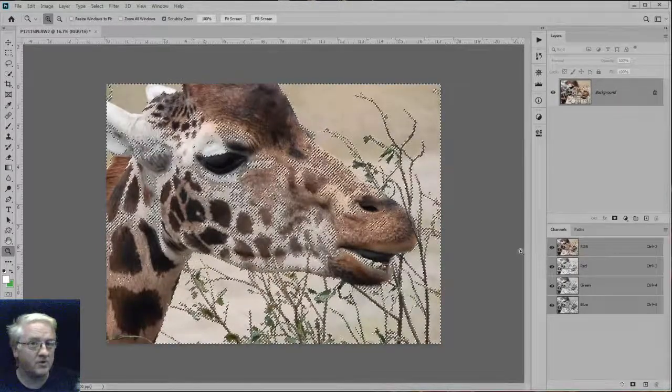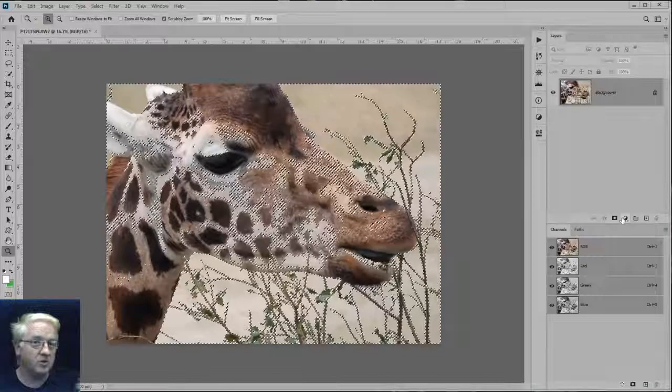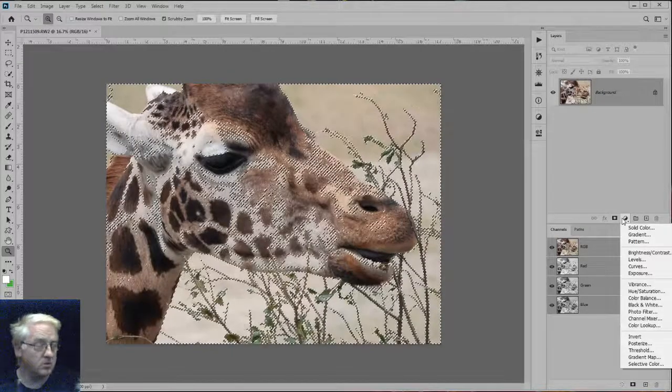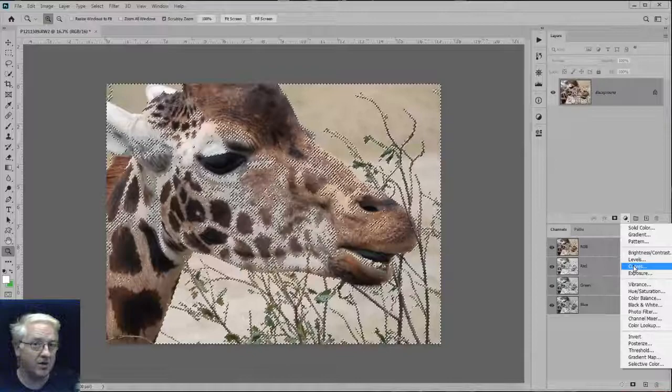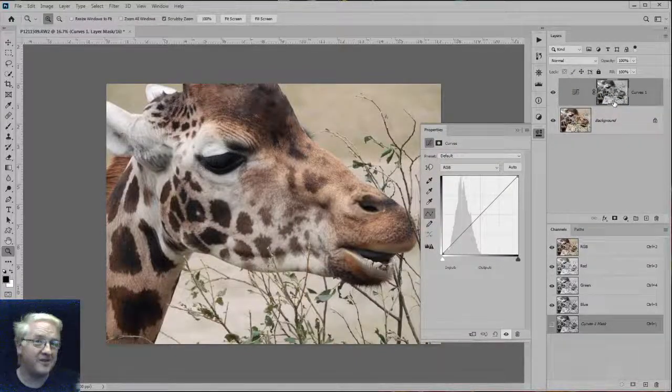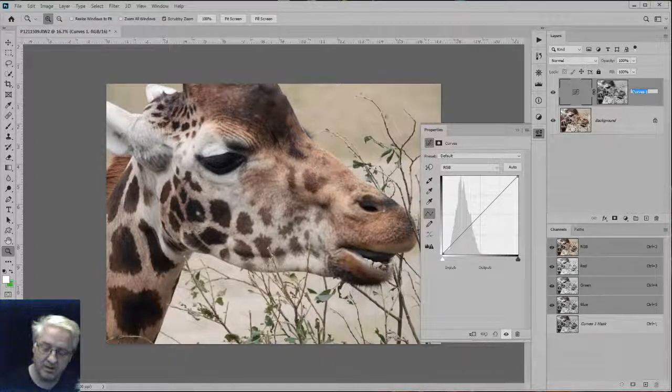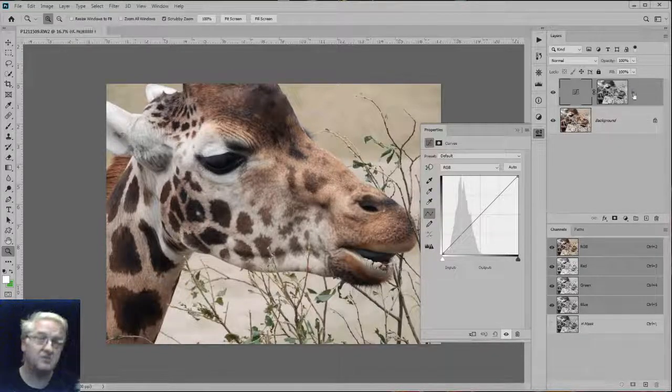Now here's the thing: when you go to the Add New Adjustment layer and click on Curves, you'll see that a black and white mask is being added. It's not that white mask by default that gets added. It's an actual positive mask, okay? And if we rename that Curves H for highlights,